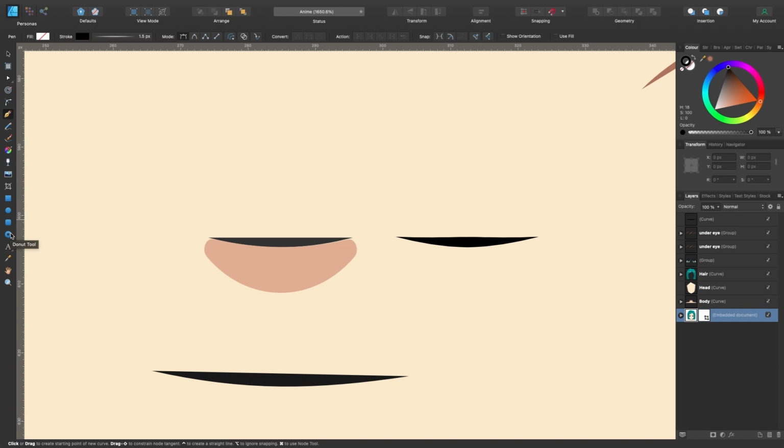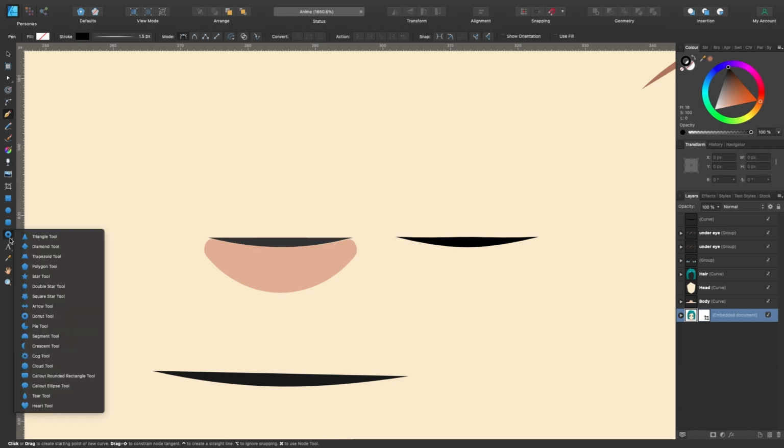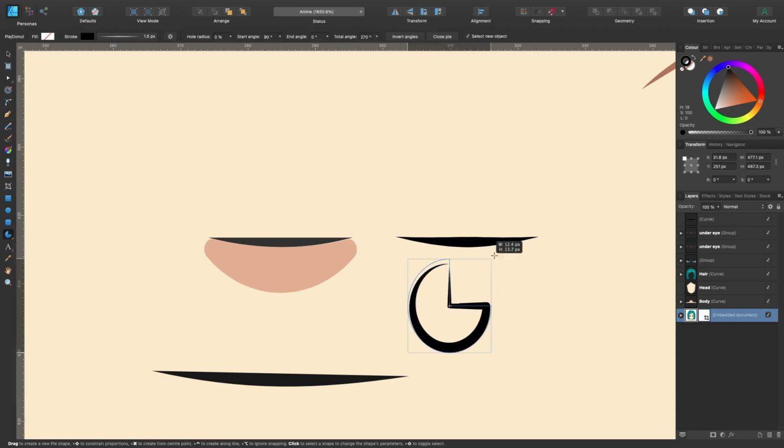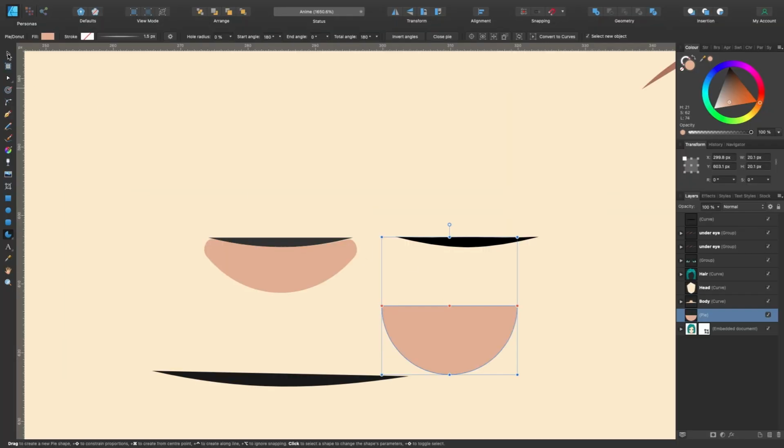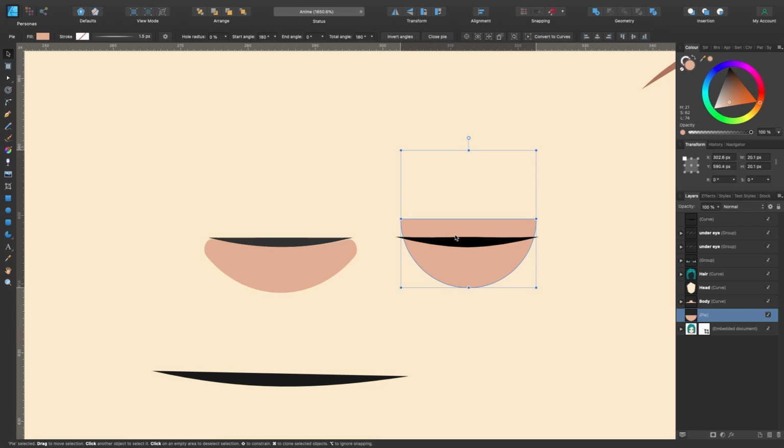So let's go down here, mine says donut tool, there's a little drop down arrow there, press and hold, and we'll go to maybe segment tool. In fact, let's grab the pie tool. So I've grabbed the pie tool and I'm going to drag that out like that. Going to get rid of the stroke, give it the same color as this one here. So I'm going to grab the color picker tool, click on that, and drag one of these around like so. So we've got half a circle there. I'm going to drag that up, offer it up to my shape, maybe move it out a little bit. What I'm going to do is cut into it. I will show you how to do that now.